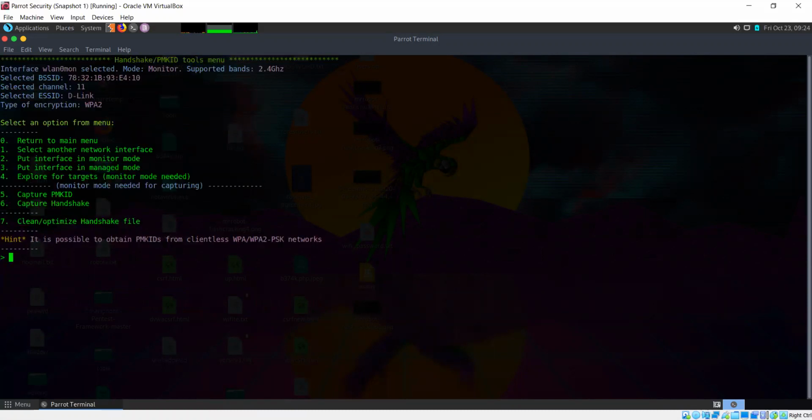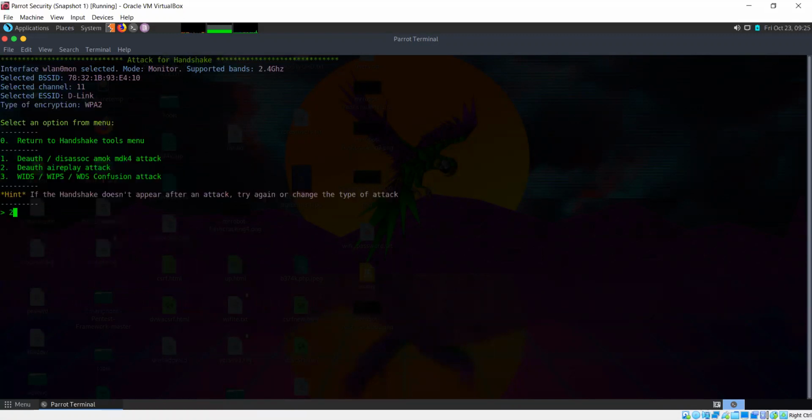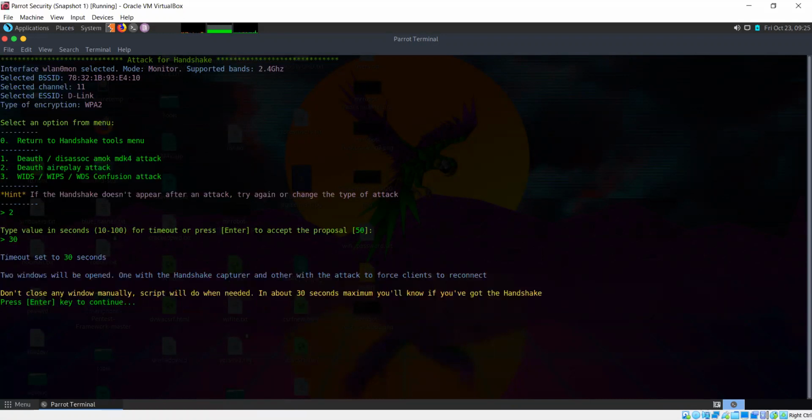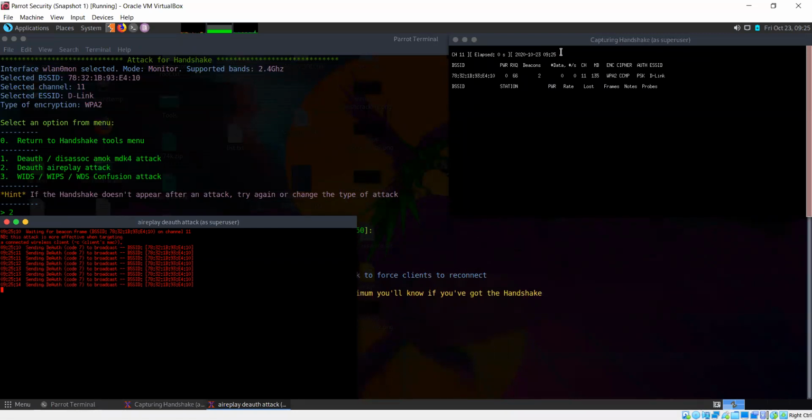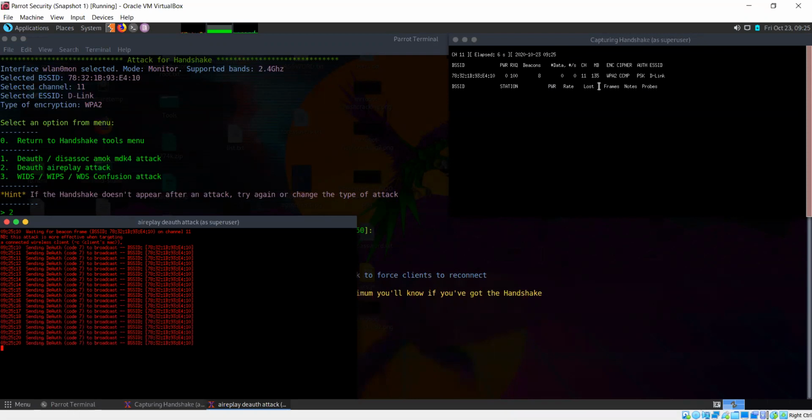Mm, capture handshake. Option 2 here. 30 is enough. No devices are showing up here.